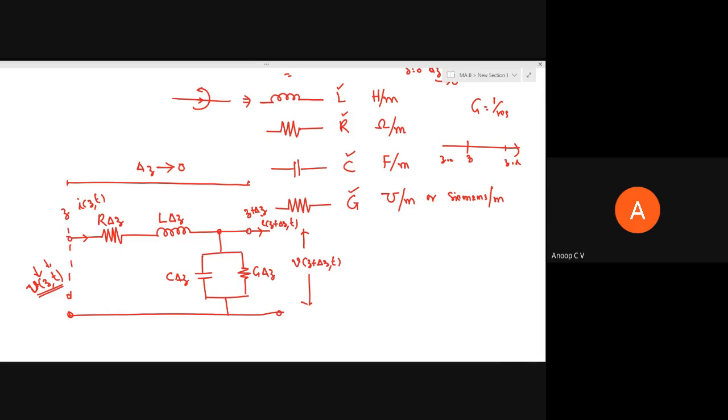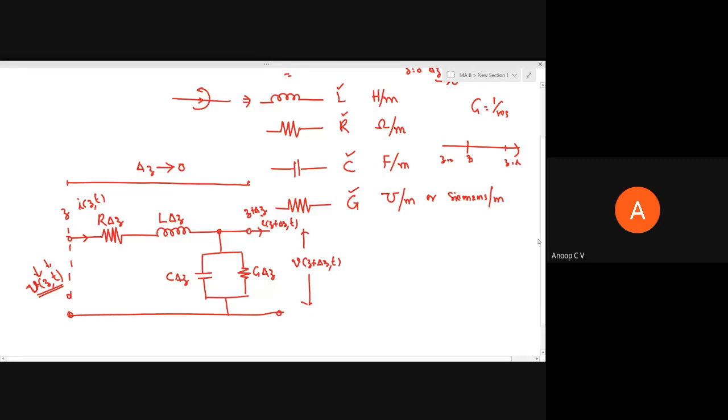If delta z is infinitesimally small, then only we can use this assumption. Then only will the voltage or current distribution along this length be the same. Otherwise, if the length we consider is larger, or comparable to lambda, there will be significant variation of voltage and current. This is one thing you want to appreciate. We can assume a very long transmission line as cascades of these equivalent circuits. So that is the equivalent circuit representation.